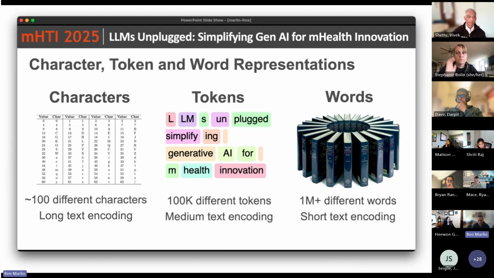So this gives you a flexible trade-off where you can represent basically any surface form using some set of tokens. And again, there's typically something like 100,000 different tokens in the token representation. And this gives you medium length text representations, right? So there are different trade-offs here. Early work in language models used character representations. There's work through the 80s, 90s, and early 2000s using word level representations. LLMs basically adopted this token representation to get around the problem of needing very large vocabularies for dealing with proper nouns and other kinds of strange surface forms in real text that you might find on the web.